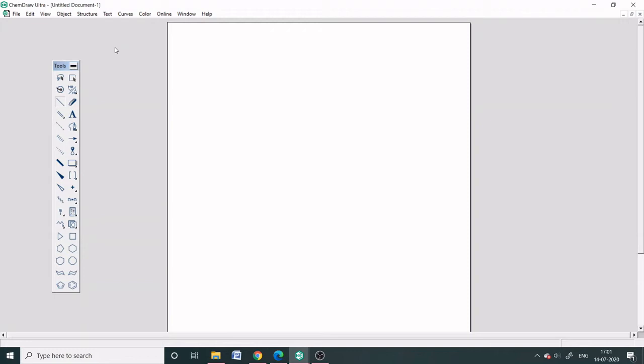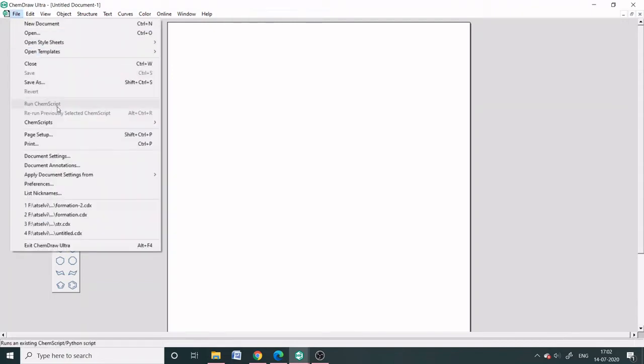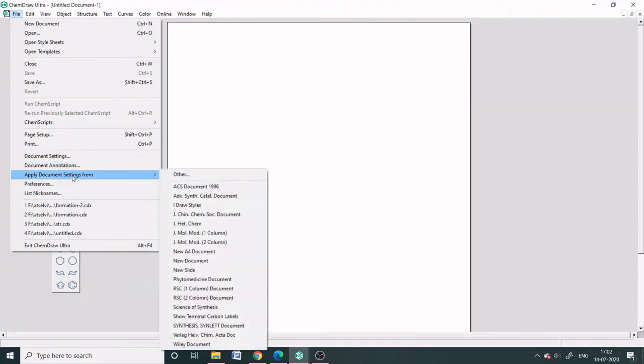Now we are going to draw the structure. Before that, you have to make sure that you have selected the required document setting. For that, go to File and check the document setting. Apply document setting from, and there are different formats available here. If you want to use it for any research publication, then you have to select according to which journal you are going to publish your article.